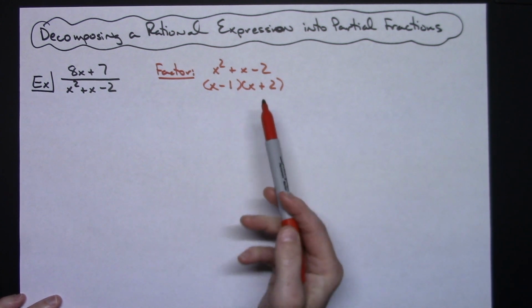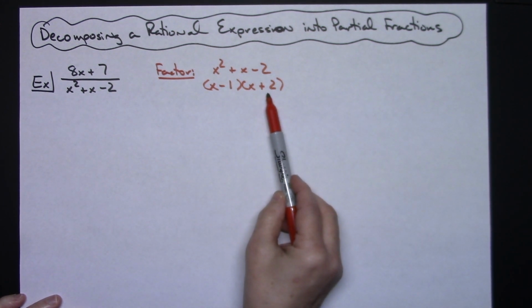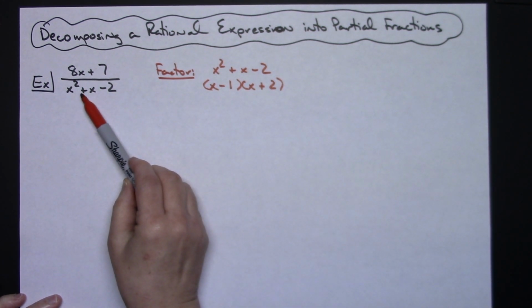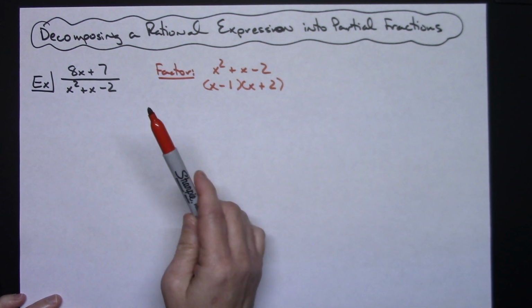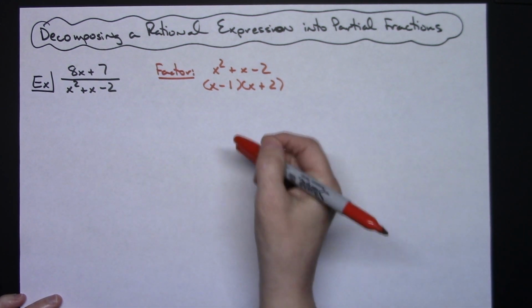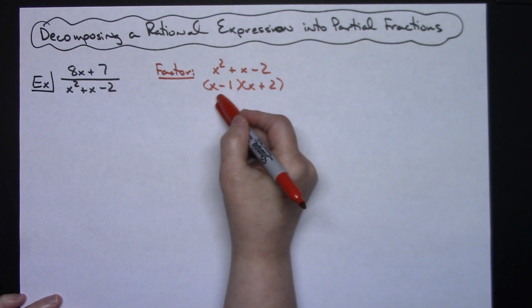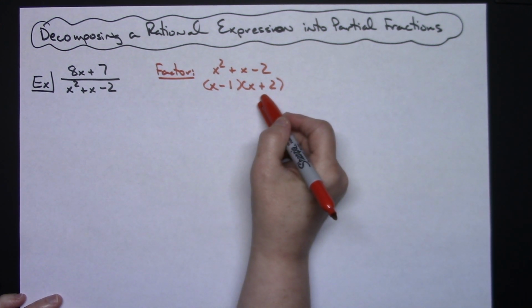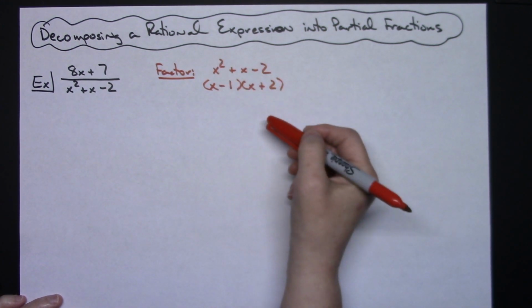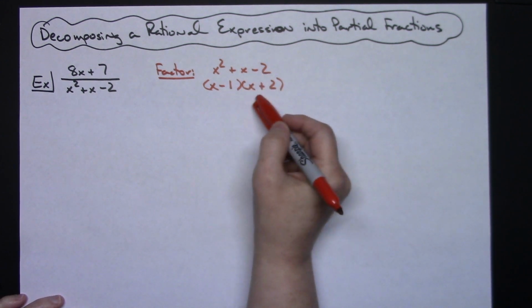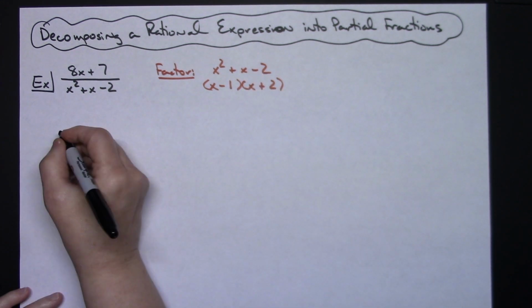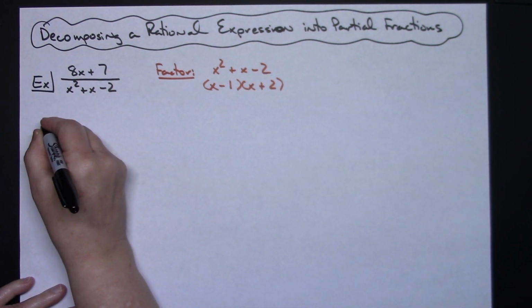Okay. Now, by doing this, what this tells me is that this rational expression then is equal to two other fractions that have denominators of an x minus 1 and an x plus 2. Alright, I don't know what those numerators are going to be, but I do now know what the denominators are going to be. So I can write an equation here of 8x